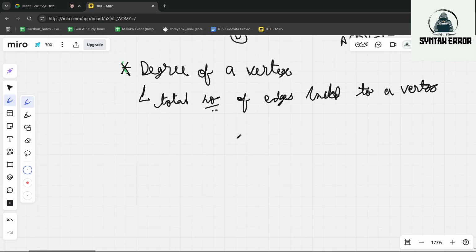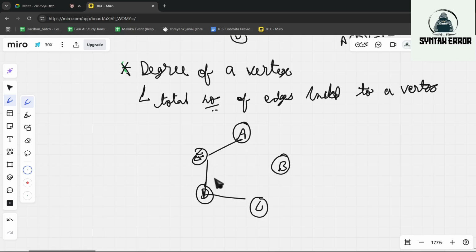For example, let's consider we are having a graph A to B, B to C, C to D, D to E. Okay, so let's consider this is our graph.